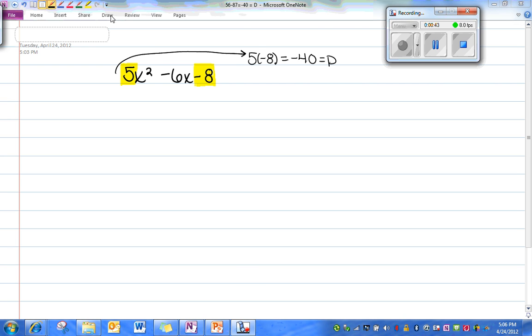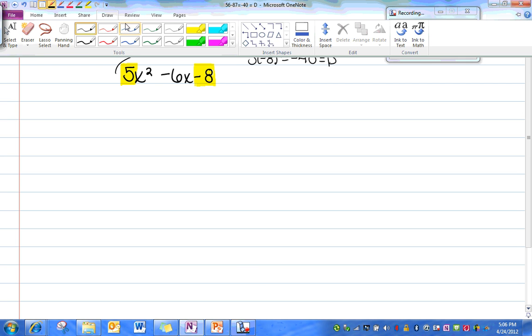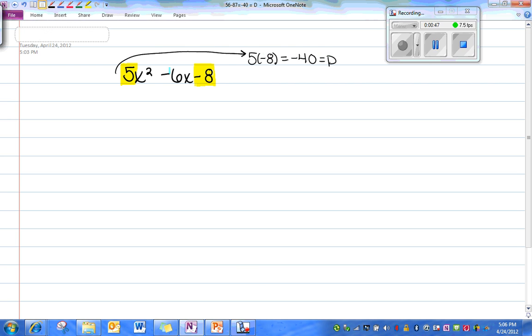Okay, and the next thing we're going to do is just look at the middle term. Whatever the middle term is, whatever the term is attached to the x, that is our sum. So in this case, my sum is negative 6. So what I'm looking for are two numbers that multiply to give me negative 40 and add to give me negative 6. So you can make a little table on the side if you want to think of all the